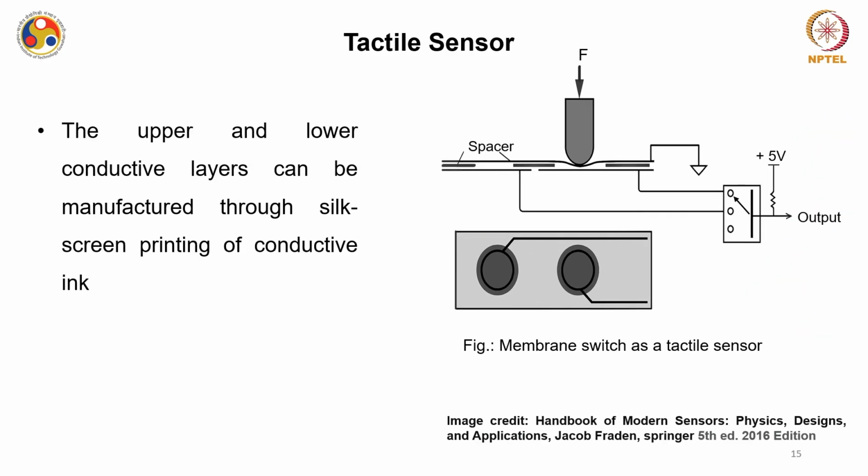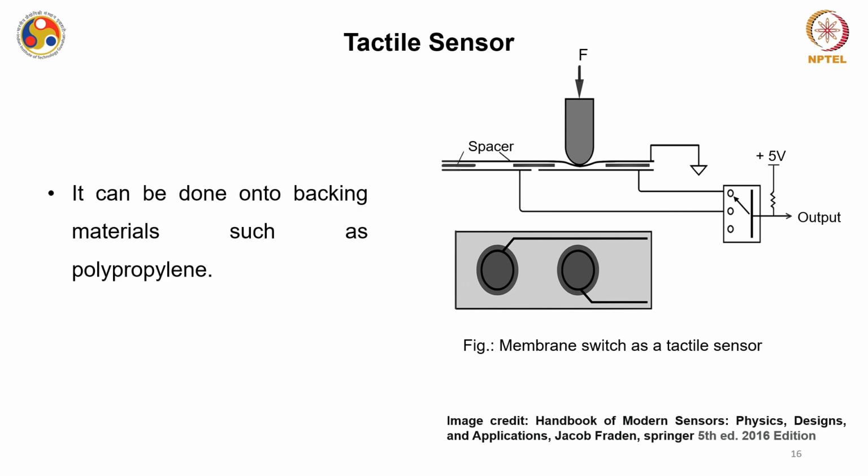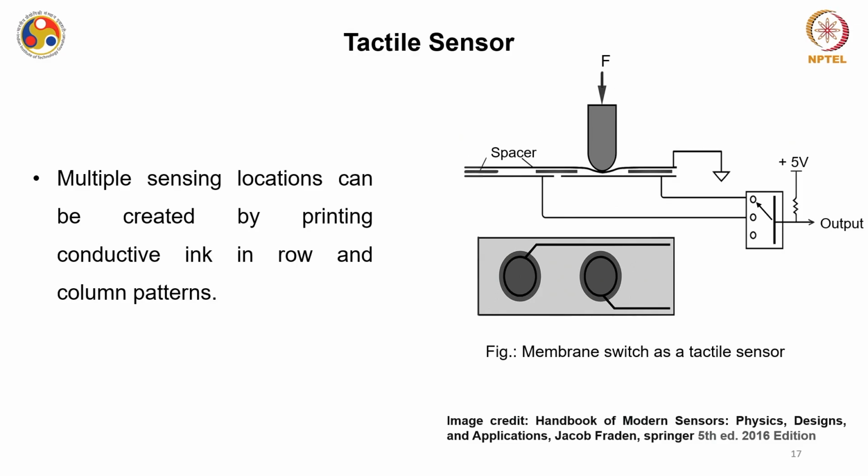All right. The upper and the lower conductive layers can be manufactured through screen printing of conductive inks. Usually, the substrate used for this printing is polypropylene, but it can also be done on other substrates. Multiple sensing locations can be created by printing conductive ink in row and column patterns. So, this screen printing was usually